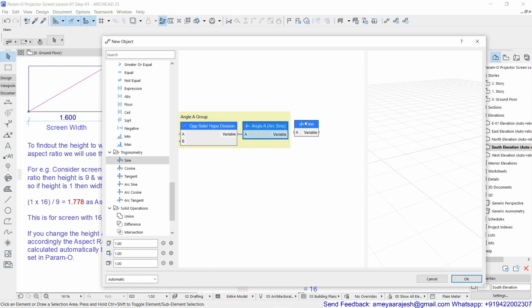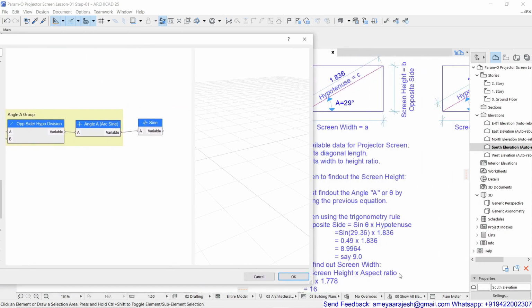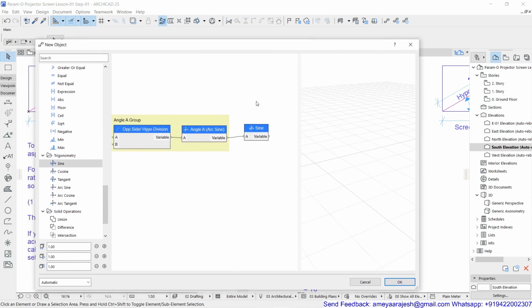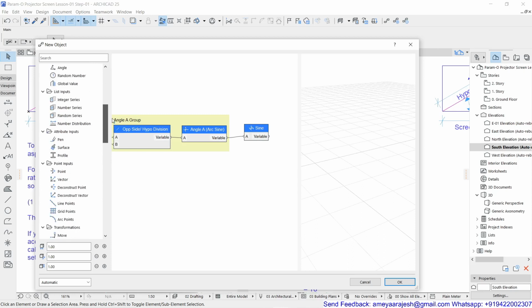You want to convert this angle you will be putting in, to find out the sine of that. And the hypotenuse should be multiplied to this so that we can get the height. This time the hypotenuse will be a length, and that is nothing but the diagonal length of the screen which you are going to type.